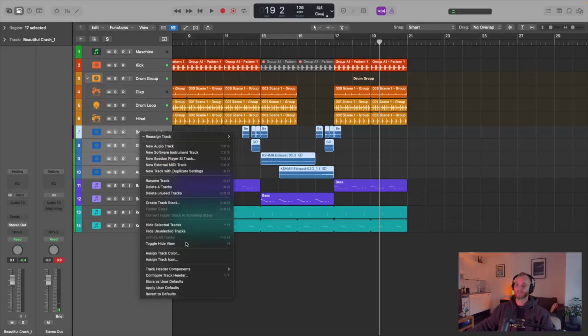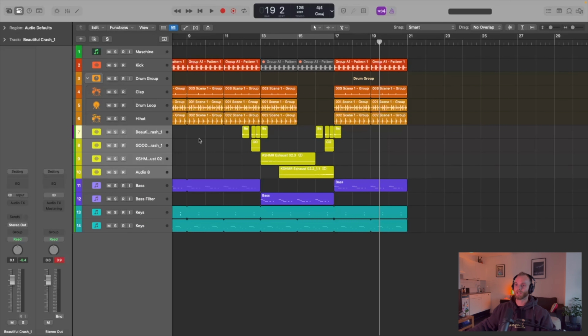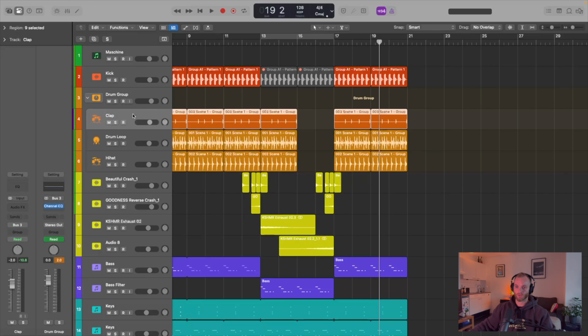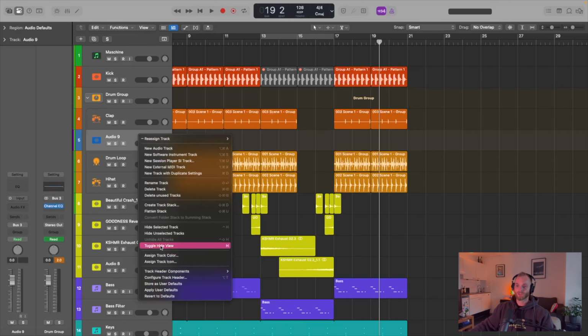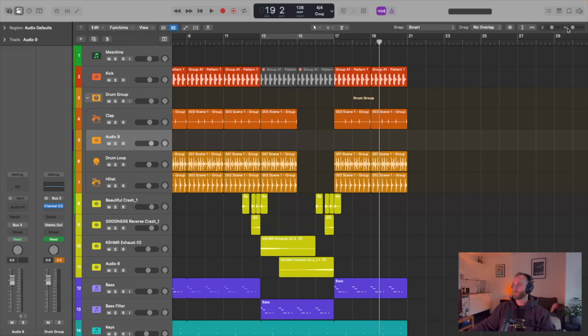I'm gonna make my effects yellow just so that you guys can properly see what the effects actually are. Okay, this is very cool. So let's maybe, there's a fly over here and it's so annoying. So let's add another audio channel. I'm gonna make it orange. And we're gonna add